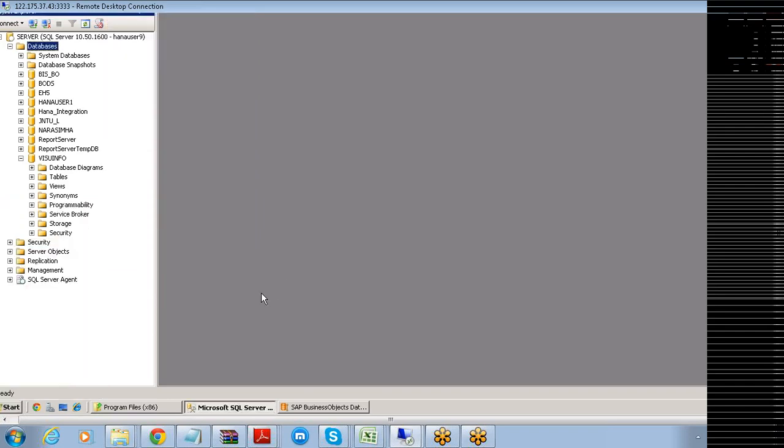See, I have told you the purpose of the repository. What is the purpose of the repository? The purpose of the repository is to store all the ETL applications that you create in BODS. What are those ETL applications? Those ETL applications are the jobs that we use for the purpose of physically transferring the data from the sources to the targets. That is the place where you have created the repository.